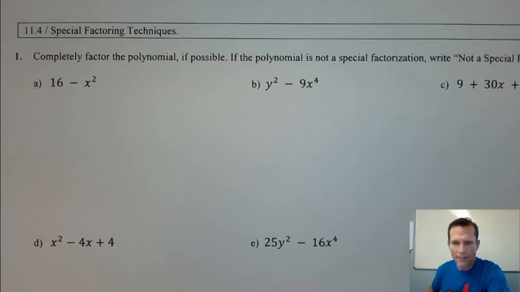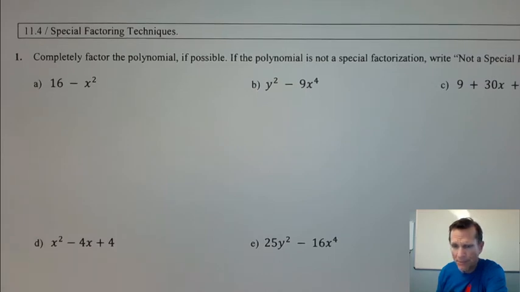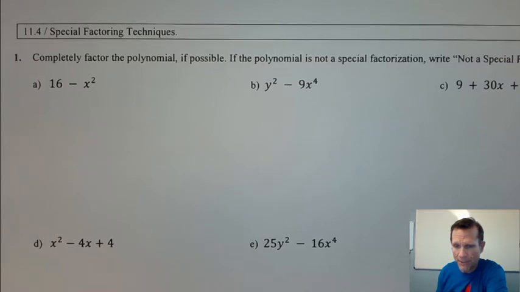Okay, looking at section 11.4, we're going to continue with factoring, but they created a special section for something called special factoring techniques. And you might just see that these look a little bit different than the trinomials that we were working on. Looking at letter A, we start with a binomial here. And some things that might help you when you're working on this special factoring technique is to remember there are